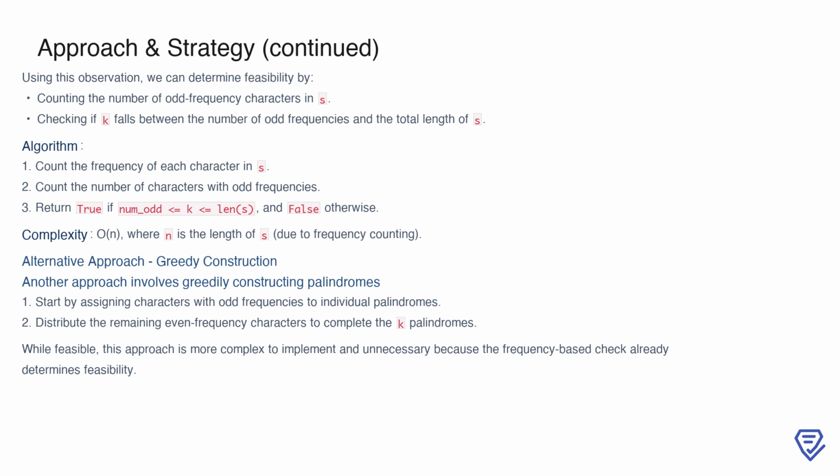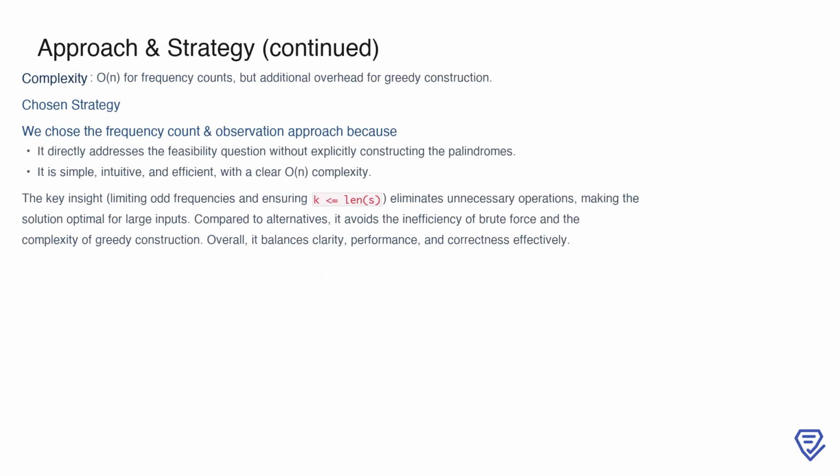Additionally, while an alternative greedy method could be used to explicitly construct the palindromes, assigning odd frequency characters first and then distributing even frequency characters, this is unnecessary for simply determining feasibility, as the frequency-based check already provides the answer in a more straightforward manner. Given the available options, we chose the frequency count and observation approach as the most effective strategy. This approach directly addresses the feasibility question without requiring the explicit construction of the palindromes, which keeps the solution clean